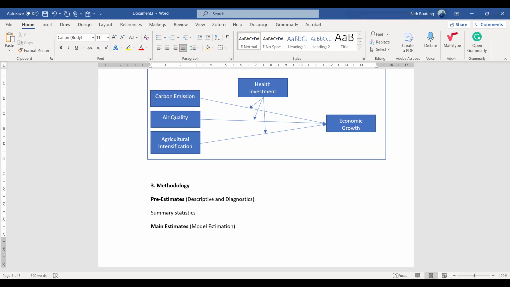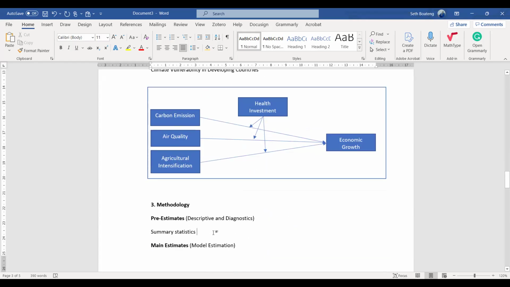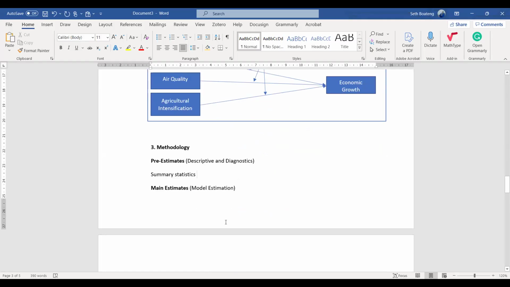What I'm doing is based on the model we are working with, the environmental and economic growth, which is more econometric in nature. It looks similar to others; maybe some of them you will not do, or you will include others.